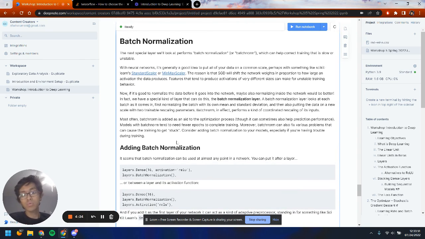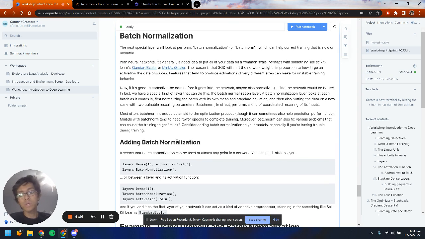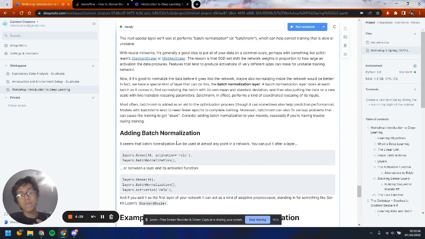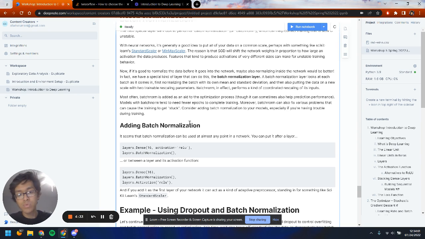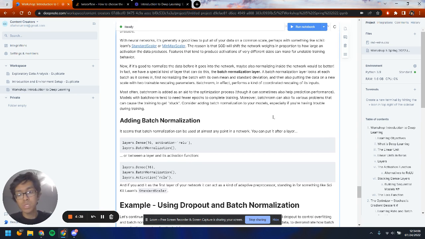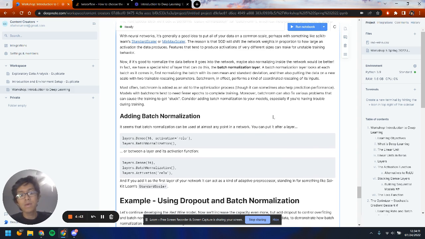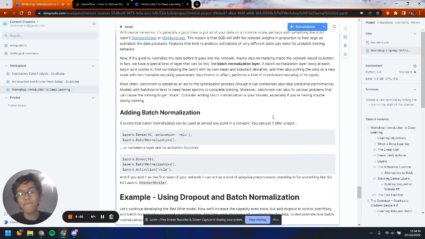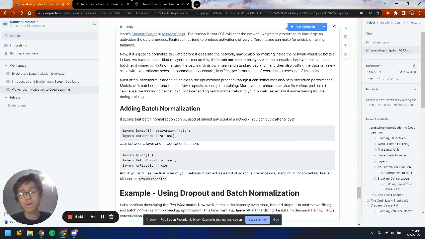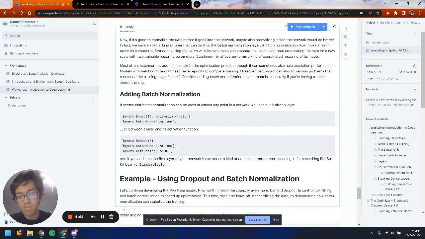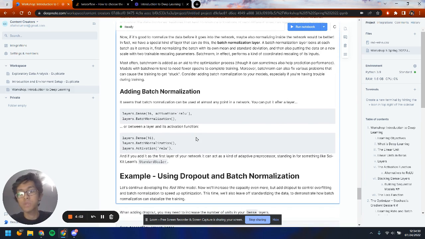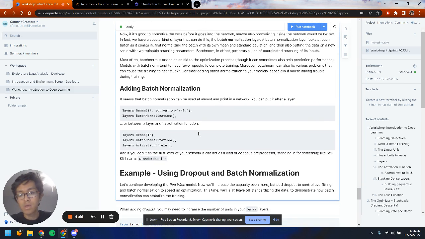So it is a good thing to normalize the data before it goes into the network and also inside the network itself. In fact, we have a special layer to do this, which we call a batch normalization layer. A batch normalization layer looks at each batch as it comes in, first normalizing the batch with its own mean and standard deviation and putting it into a new, more normalized scale. And oftentimes this can fix various problems, such as training getting stuck. And this is how you add a batch normalization layer. Simply